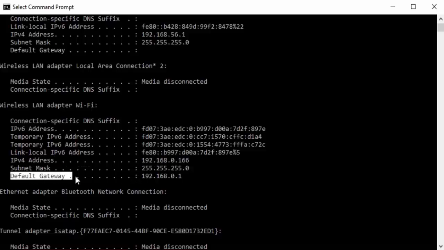If you look at the default gateway, this is the private IP of your router. And most of the times, a private IP will always start with the 192.168 series or it will be the 10.10 series.